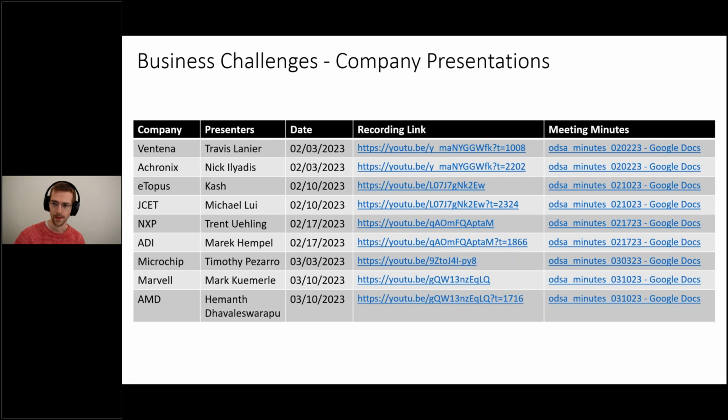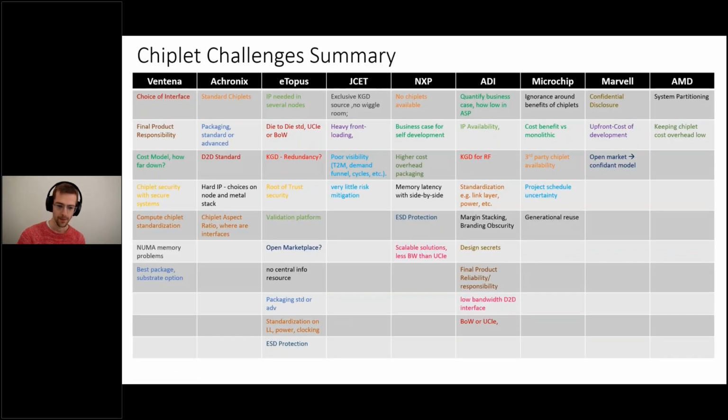And so then the next thing I tried to do was to pick out the most important observations from each company in terms of things that are missing or things that are currently presenting a challenge. And that's presented here in this table. For some people, I had to condense this down because there were many slides for some of these presentations. For others, it was reasonably easy. And then this color coding here is, I tried to find things that are in essence the same thing, but may have been phrased differently.